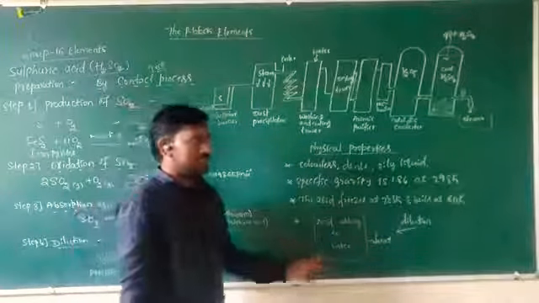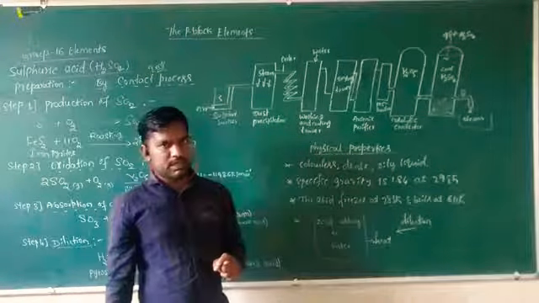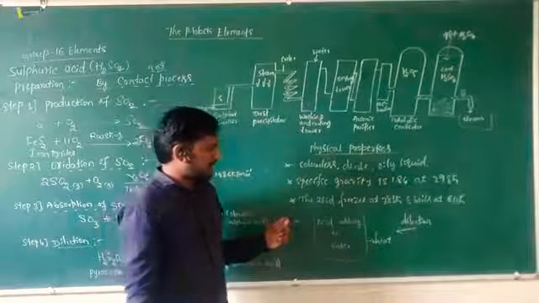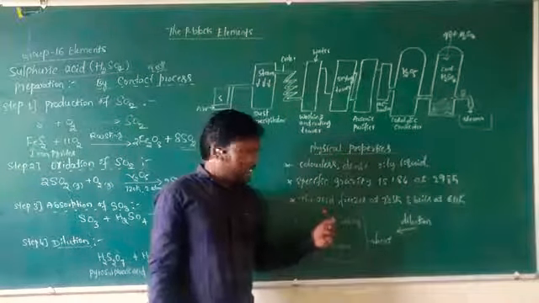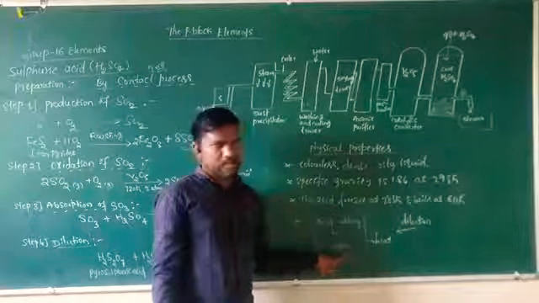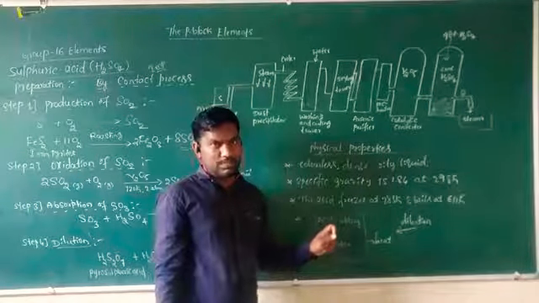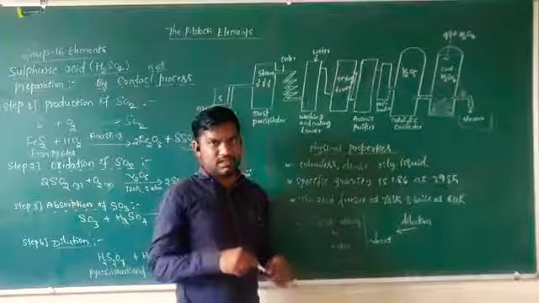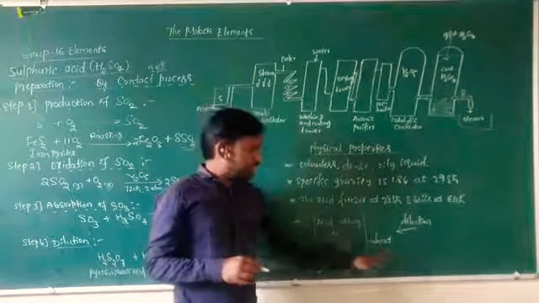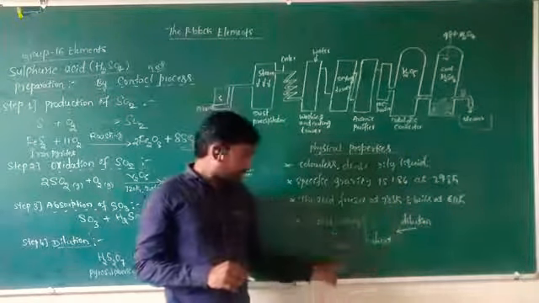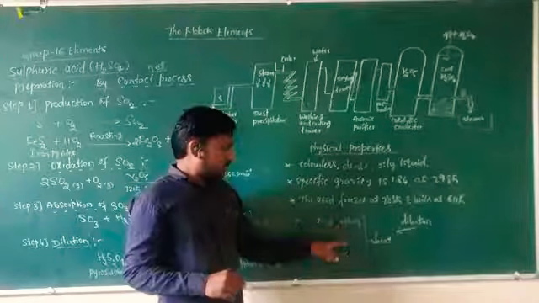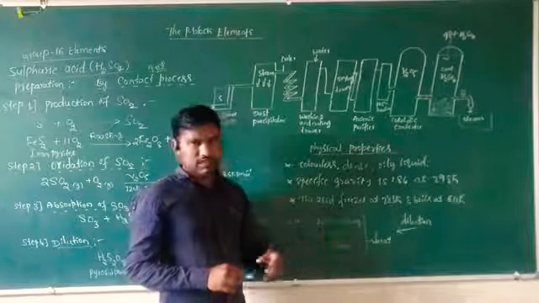For dilution of sulfuric acid in the laboratory, you must take precautions. Concentrated acid is added to the water with constant stirring, because it produces heat. Otherwise, if you add water to the acid,